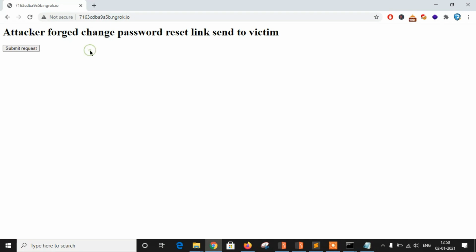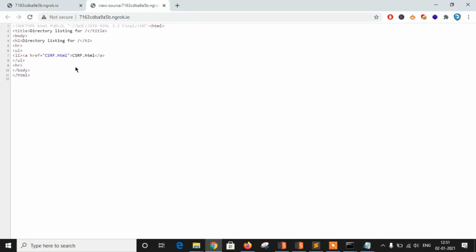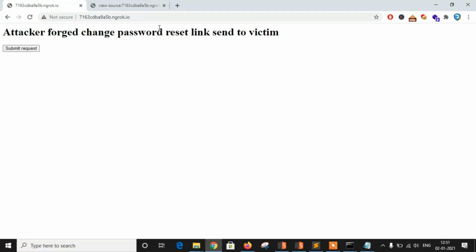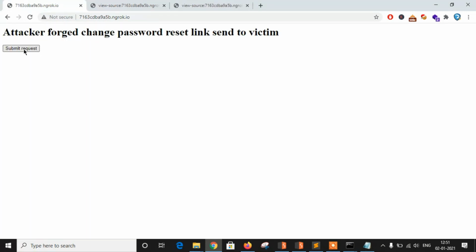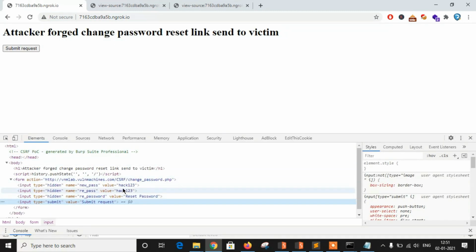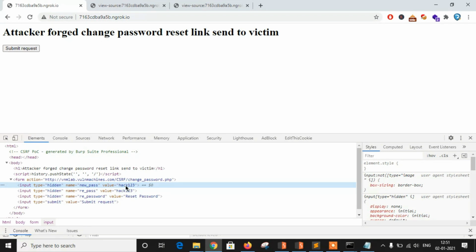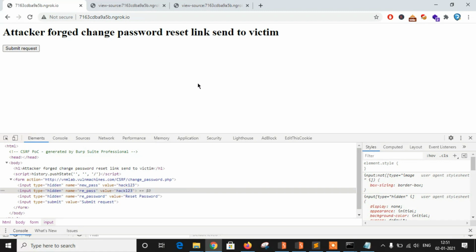The attacker forged this request and set his password as hack123, as you can see in the source code.